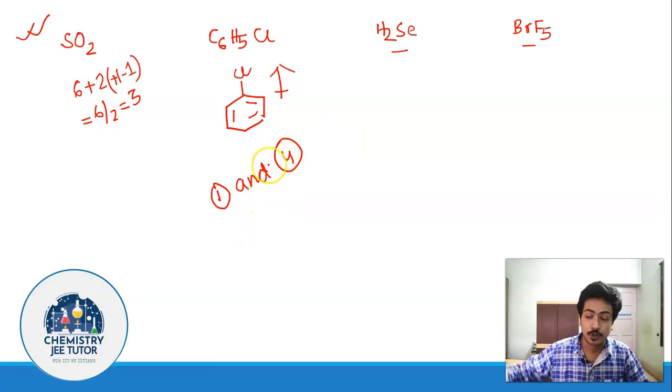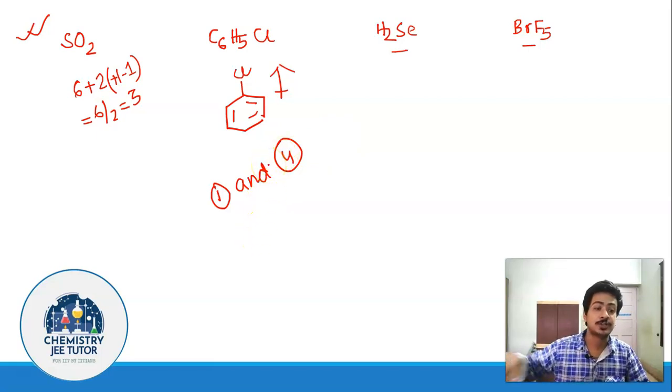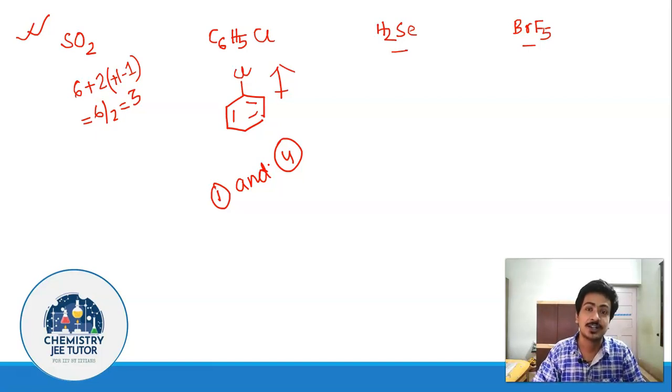So what I have told you is, the molecules which do not have a symmetrical structure will definitely have a permanent dipole moment, whereas molecules having a symmetrical structure will not have a permanent dipole moment, because the moment arising in one direction is going to be cancelled by the moment arising in the opposite direction, by exactly the same atom. So symmetry is not going to give you any dipole moment, and asymmetry is definitely going to give you a dipole moment. Thank you.